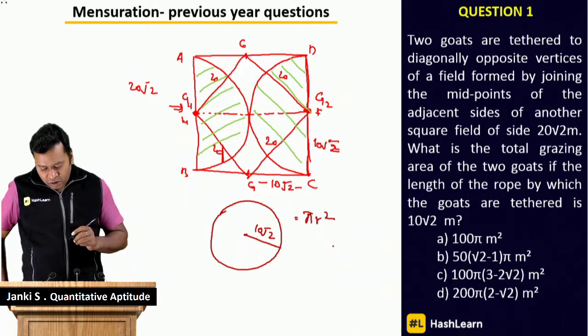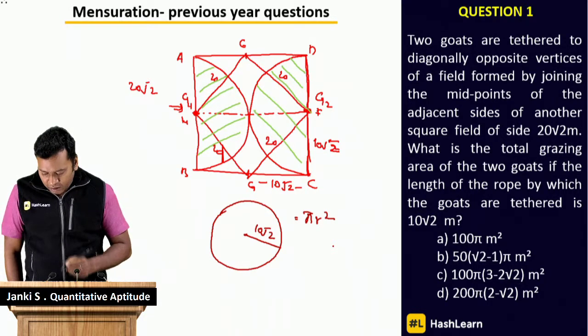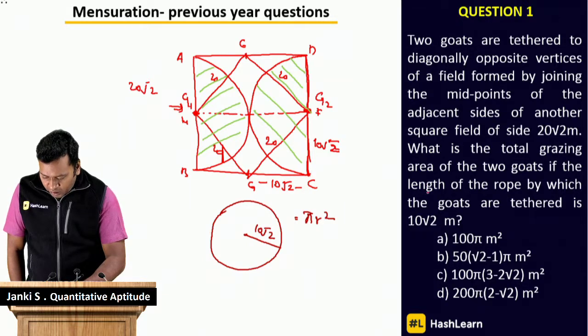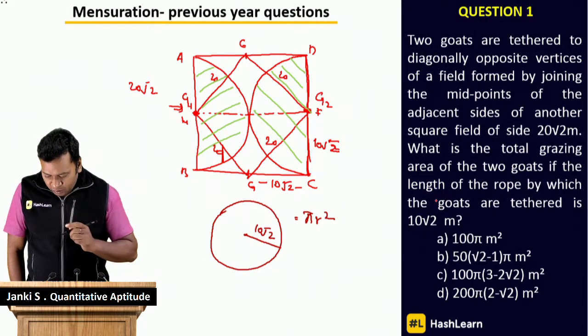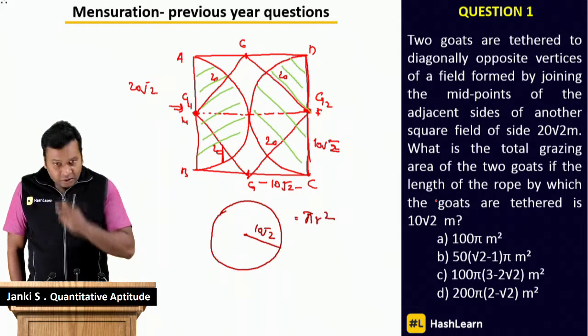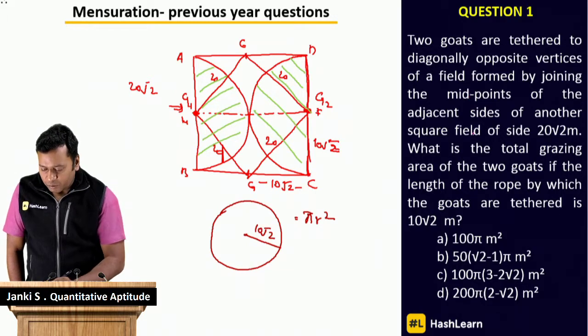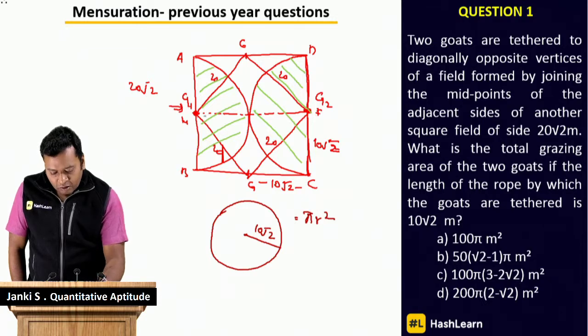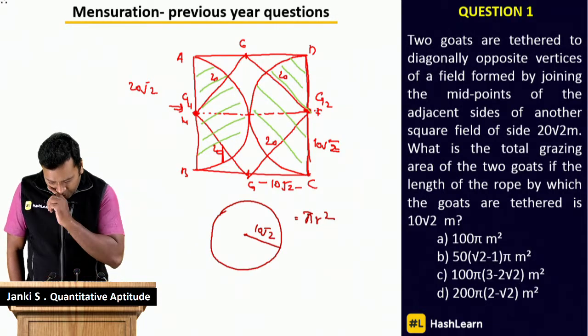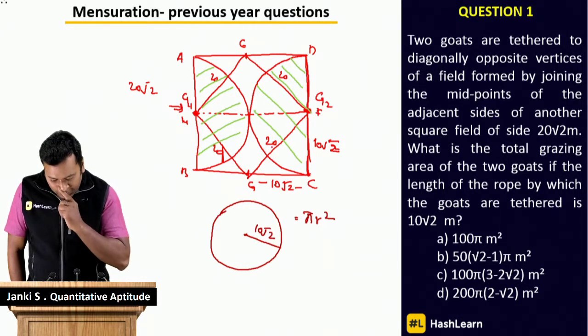तो according to this, अब मेरा जो कंडीशन है वो πr² है। Total area of 2 goats if the length of the rope by which the goats are tethered is 10√2। ठीक है, एक बार फिर से देख लें, कोई कंडीशन में हम लोगों ने चूक तो नहीं की। 2 goats are tethered diagonally opposite vertices of the field formed by joining the midpoints। तो मिड पॉइंट का ये लिया और ये बना लिया, डायगोनल अपोजिट पॉइंट किया, ठीक है।